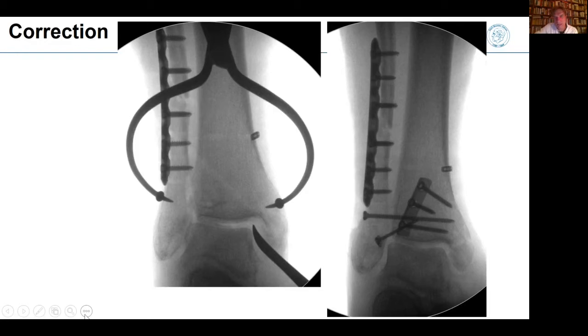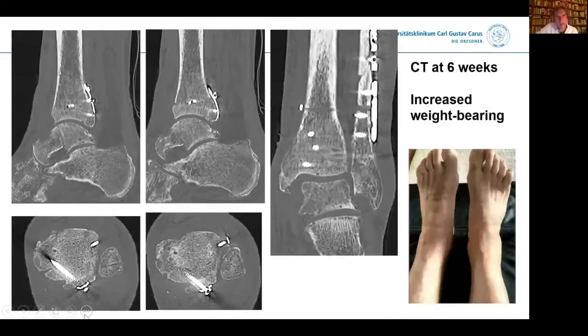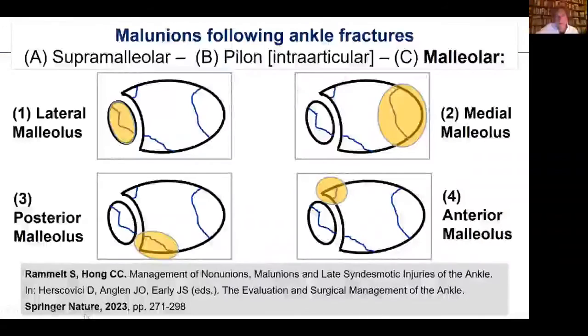In this case, we just left that suture button implant that was already in on the top and probably not very effective there. We just put a smooth elevator between the medial malleolus and the talus and tried to push it back because we didn't want to go through that skin necrosis. Maybe it helped a little. Here you can see how the posterior and anterior fragments are brought back. This is a CT scan 6 weeks, which he sent us. And so hopefully he's doing better now.